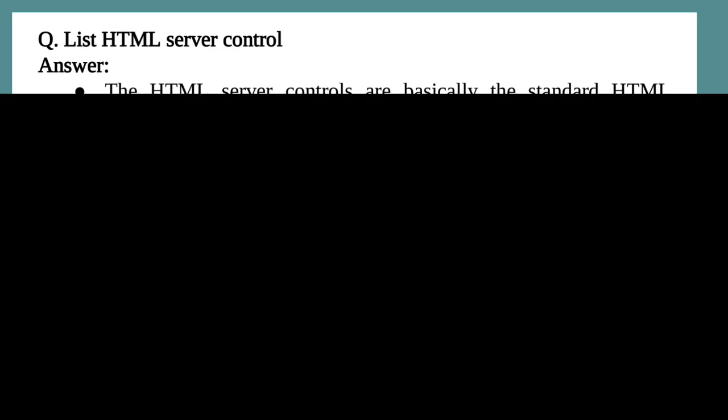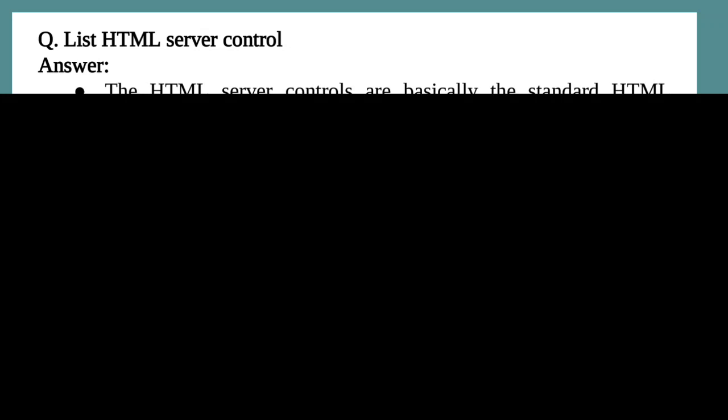So the first server control which we are going to learn is the HTML server control. HTML server controls are basically the standard HTML controls enhanced to enable server side processing. The HTML controls such as header tags, anchor tags and input elements are not processed by the server but are sent to the browser for display.